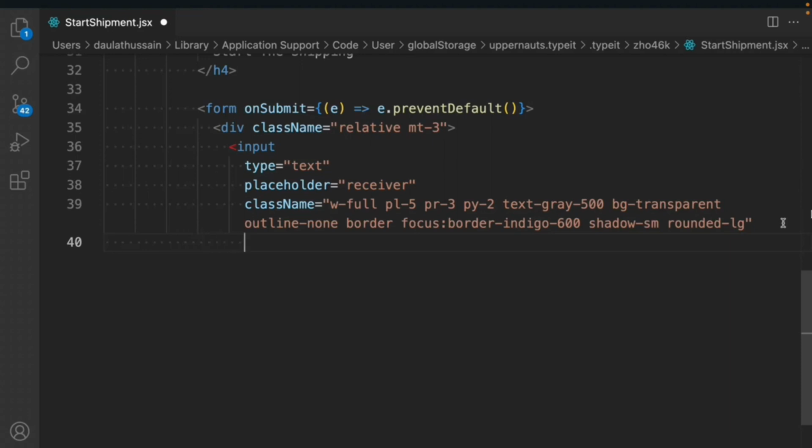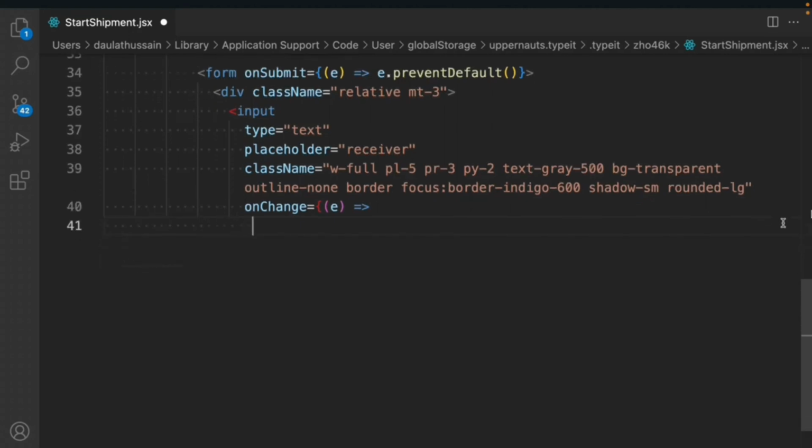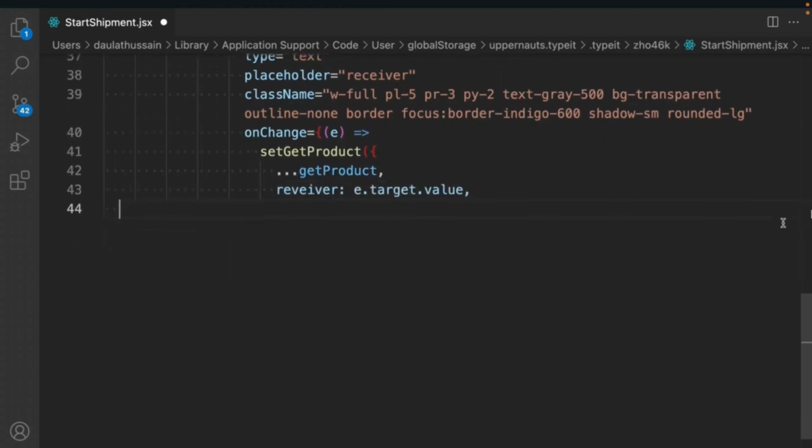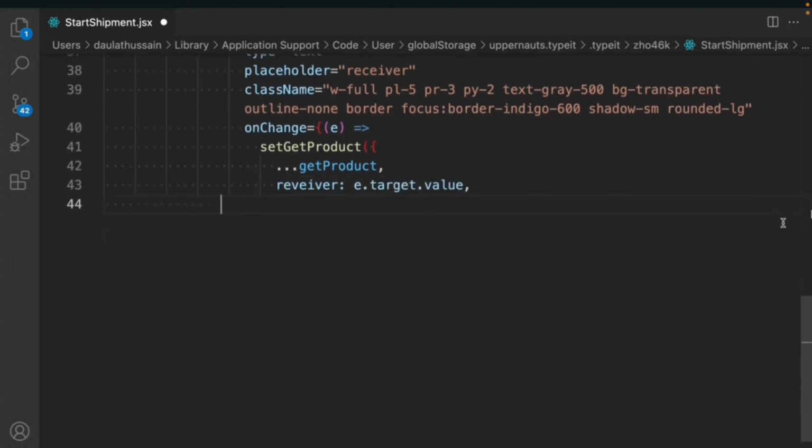Okay, so this time I'm going to write it very quickly. So we have to take the data and we have to update into our state variable for get product. So we'll set get product. We'll deconstruct the get product, and we'll take the data we want to update. So we want to update the receiver address, and we're going to set to value, and that looks fine. Looks pretty good. We have to close this one, close this one,